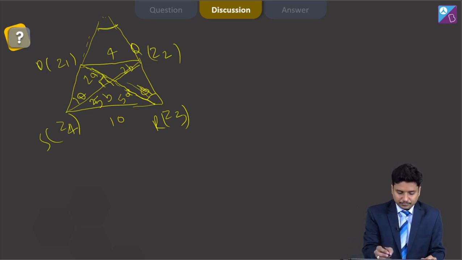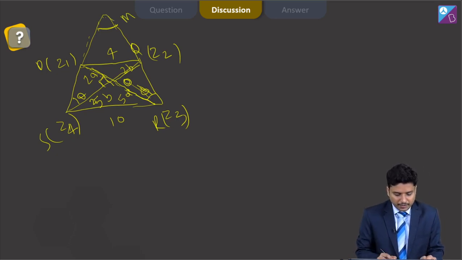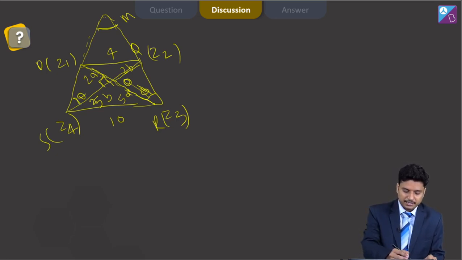So what we can observe, this whole length of diagonal is 7a and another length is actually 7b. So this is 2a, this is 5a, this is 2b and this is 5b. Suppose this point is also O, and suppose this point where these intersect is actually M. So what we are given, this theta and phi: theta is the angle here and phi is the angle over here.